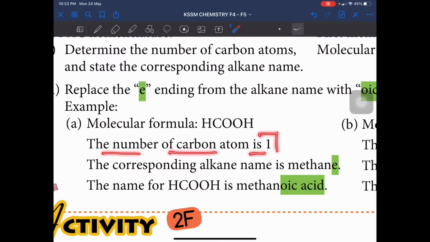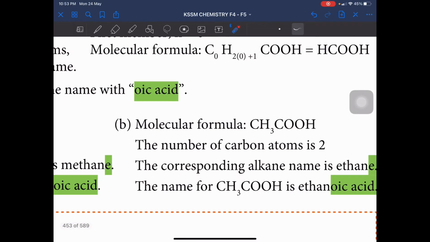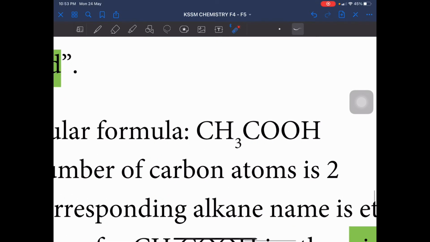So, if it's 1 carbon atom, itu adalah methane. Methane. So, you buang E, okay? And then you replace it with OIC. Methane will become methanoic acid. Ethane will become ethanoic acid. Propane will become propanoic acid. Let's go to the next example. If you see this formula here,